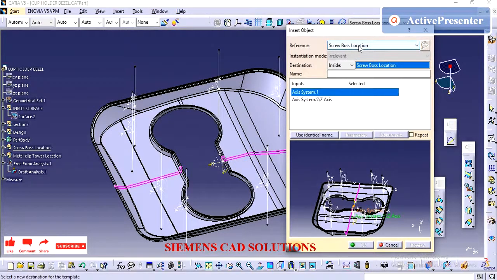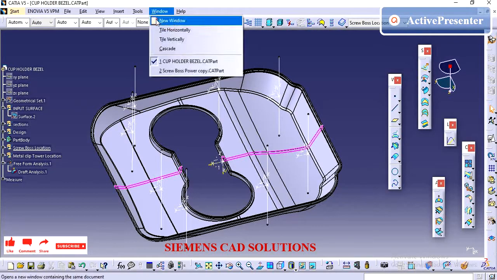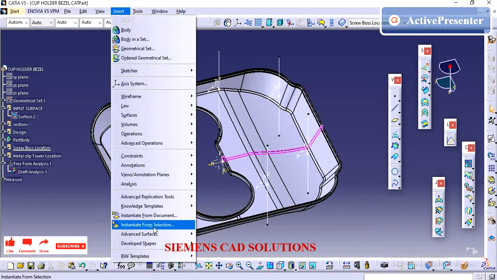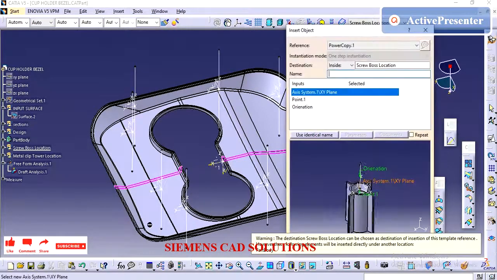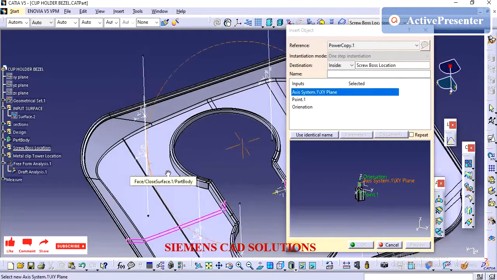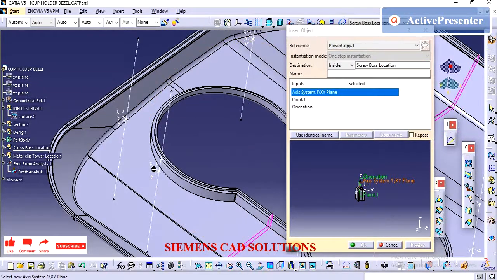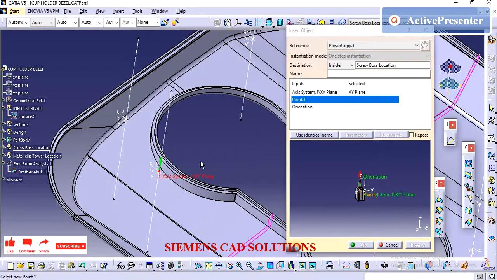If you want to know how to do the power copy, in the video description I have added the power copy video link. You can cross check it, and there I have explained how to do the power copy. What are the inputs we have given to the power copy?